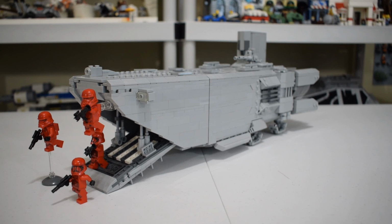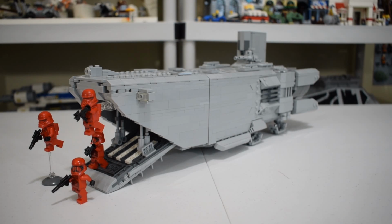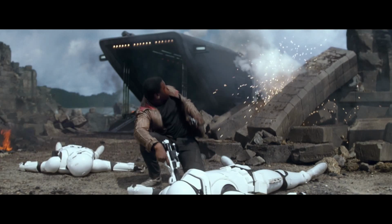I really like this design because it's a pretty utilitarian design. It's obviously very inspired by the D-Day Higgins boats, and it serves a very functional purpose. It is just a troop transport for the First Order. We see this vehicle all over the sequels, so that gives you a lot of opportunities to display this in